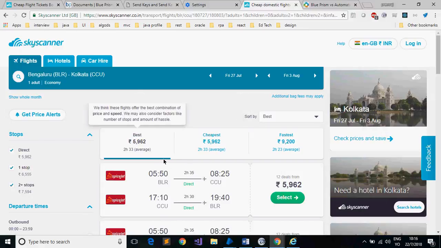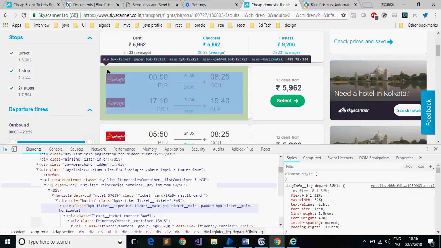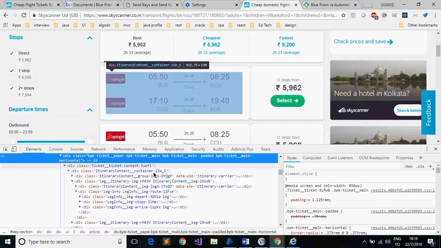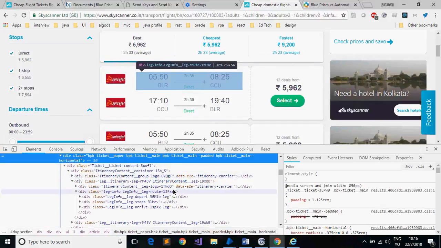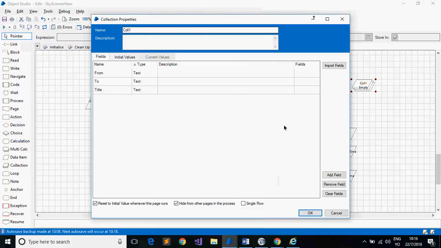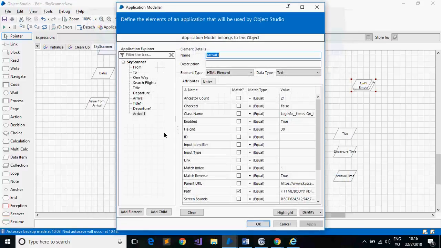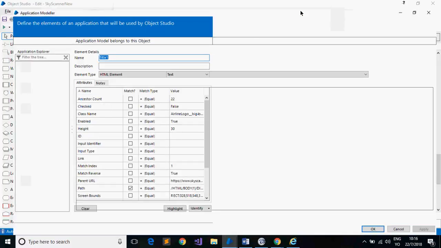You have to spend a lot of time to find out the behavior of this, how exactly this is rendering, and make some research on the HTML part here, what exactly is happening, and see if there is something that we can make dynamic. So if I go to the application modeler and see here,